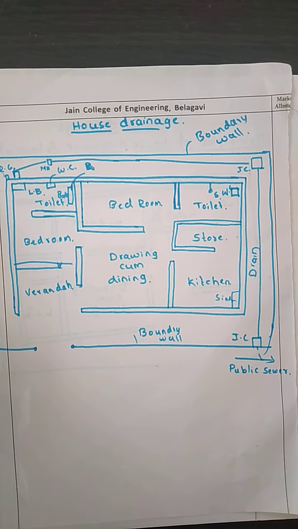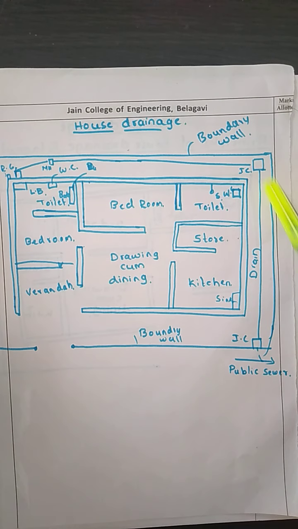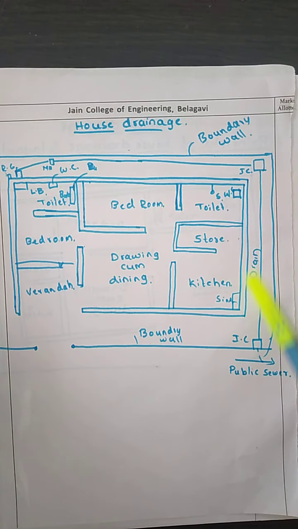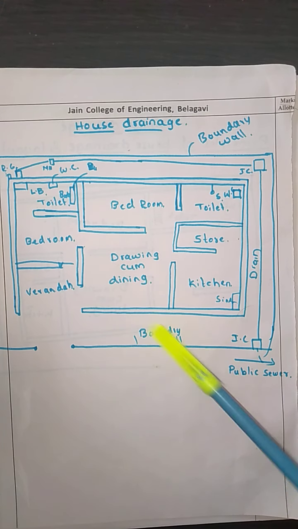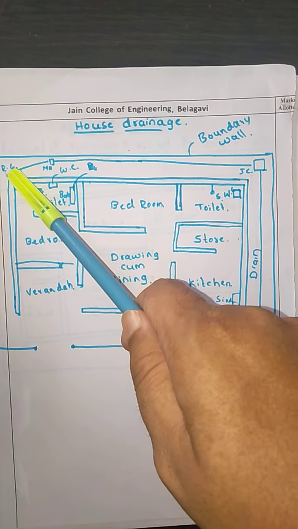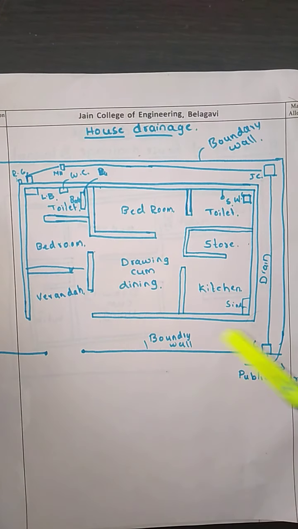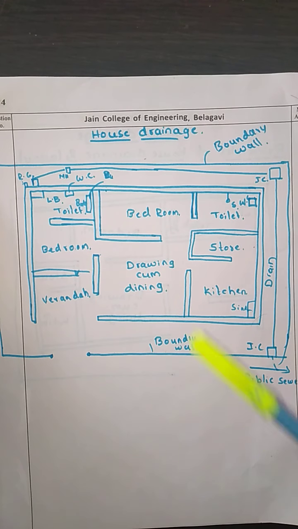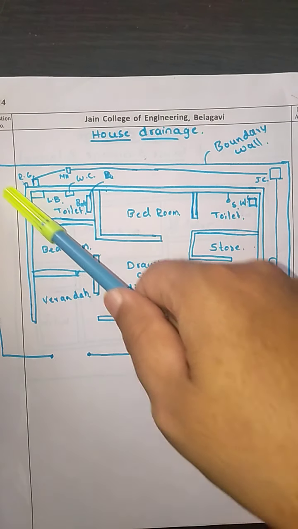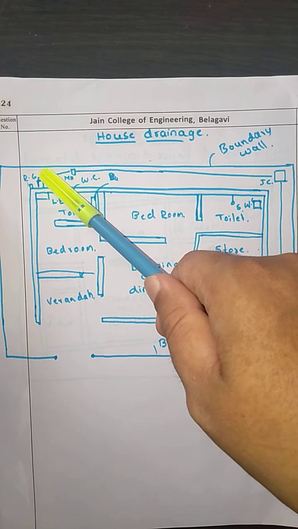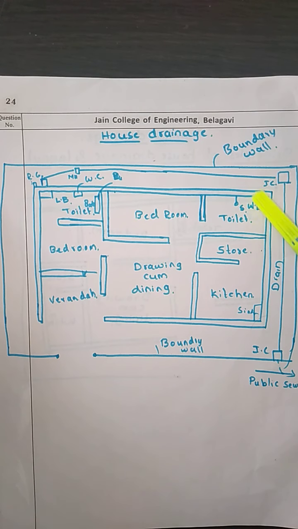The drainage pipe should be laid by the side of the building. It should pass through the side of the building. As an engineer, you should not take the wastewater line through the building, because if any repair or maintenance work is needed, you cannot do it. So always take the wastewater line beyond your construction area, in the open area.